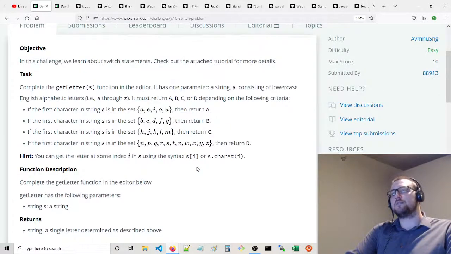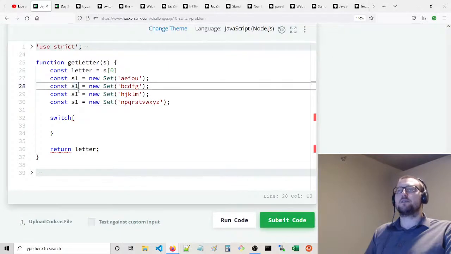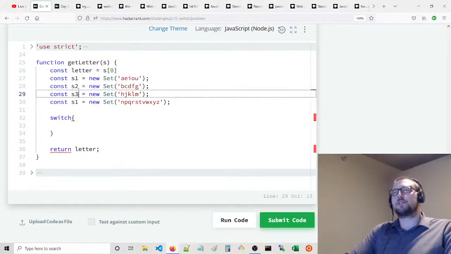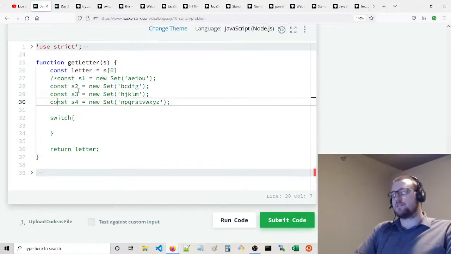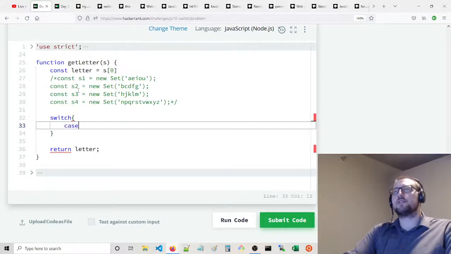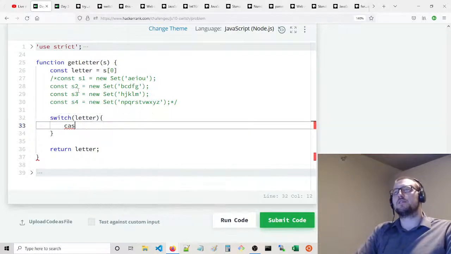V, W, X, Y, Z. Yeah, I definitely would have just broken this up into sets. But that's not what we're going to do. I have 26 case statements, so switch on an expression letter, and we're going to case A,